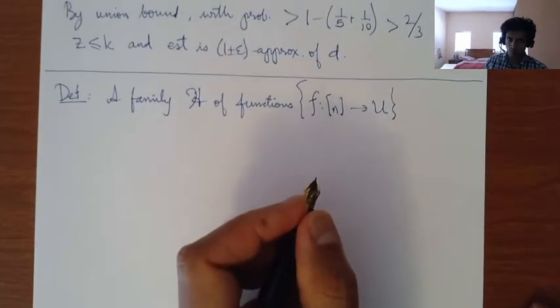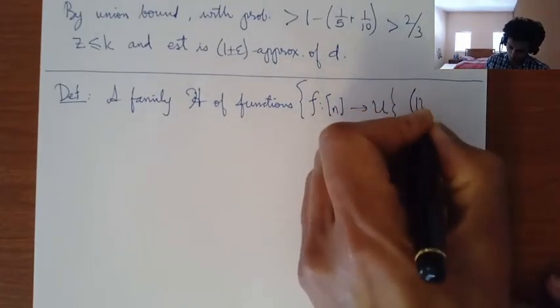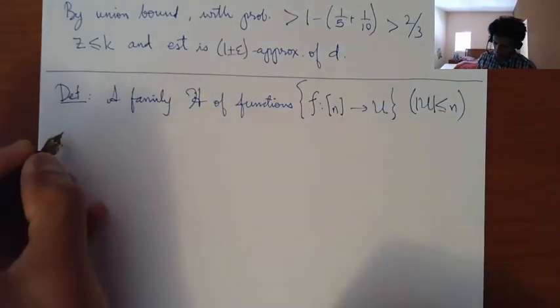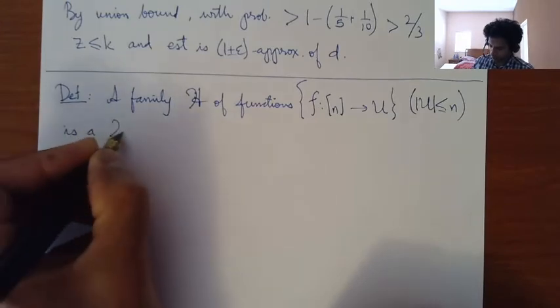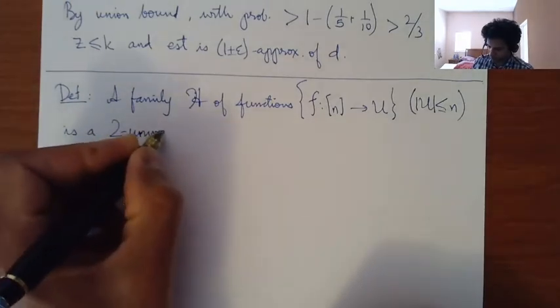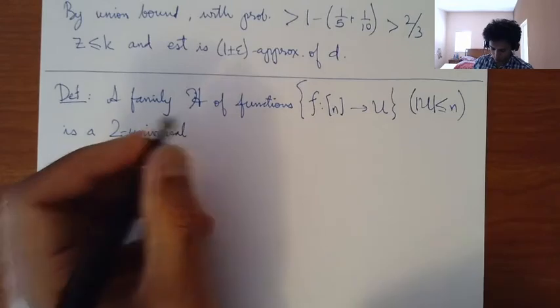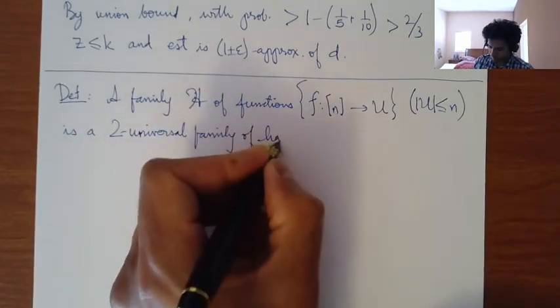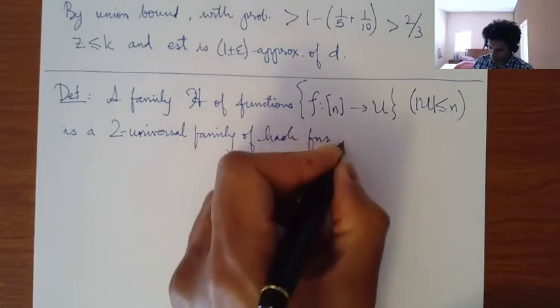These are hash functions, and we'll think of the universe size as at most n. H is a 2 universal family of hash functions if